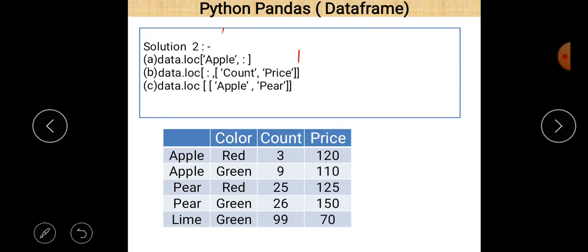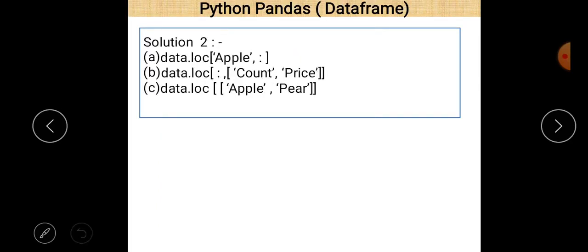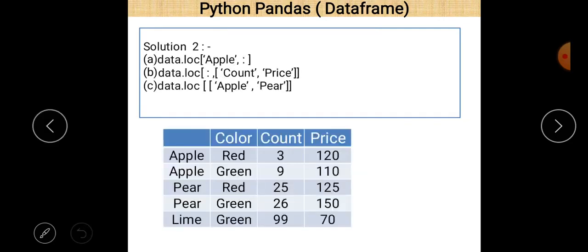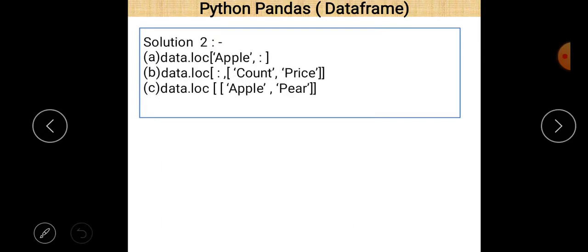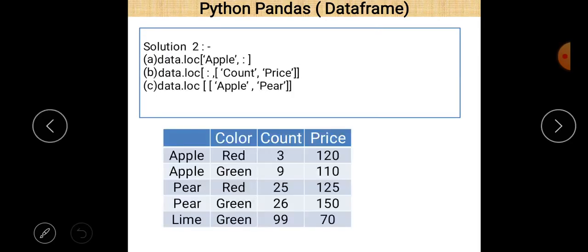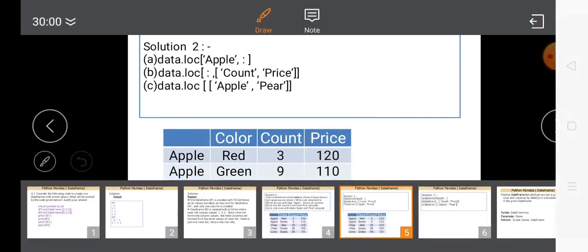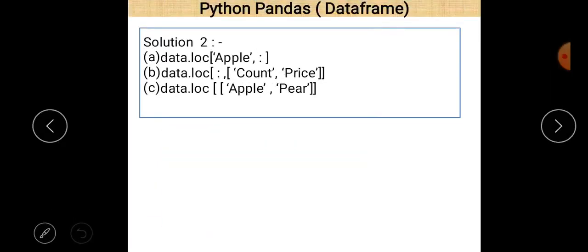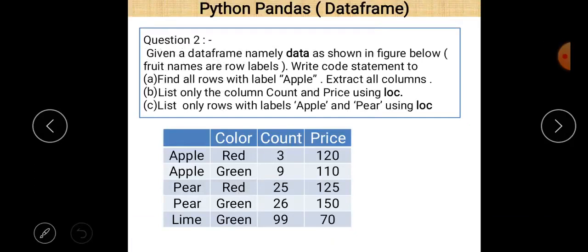Okay, now case number 2. Let us see what case number 2 is. List only the columns count and price using only LOC.